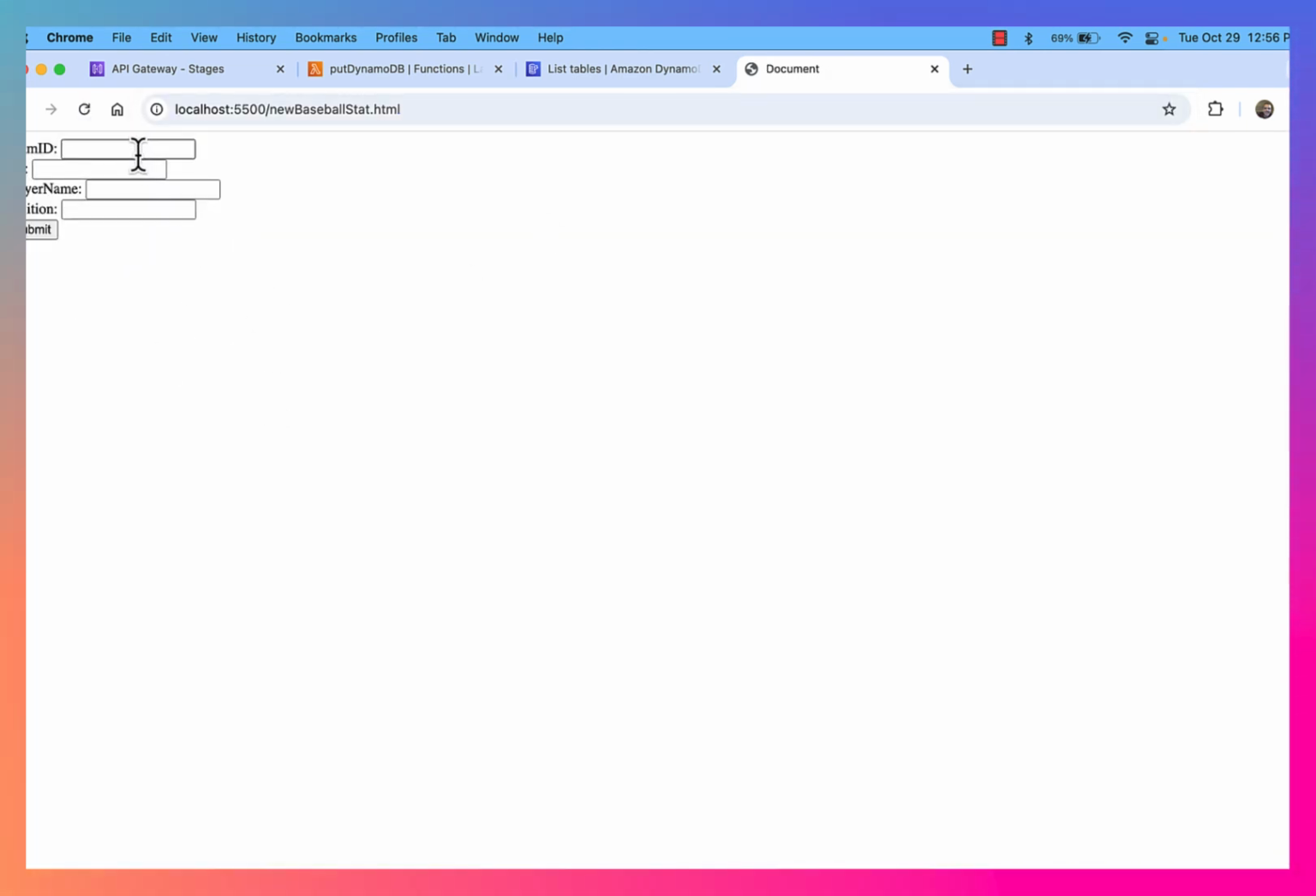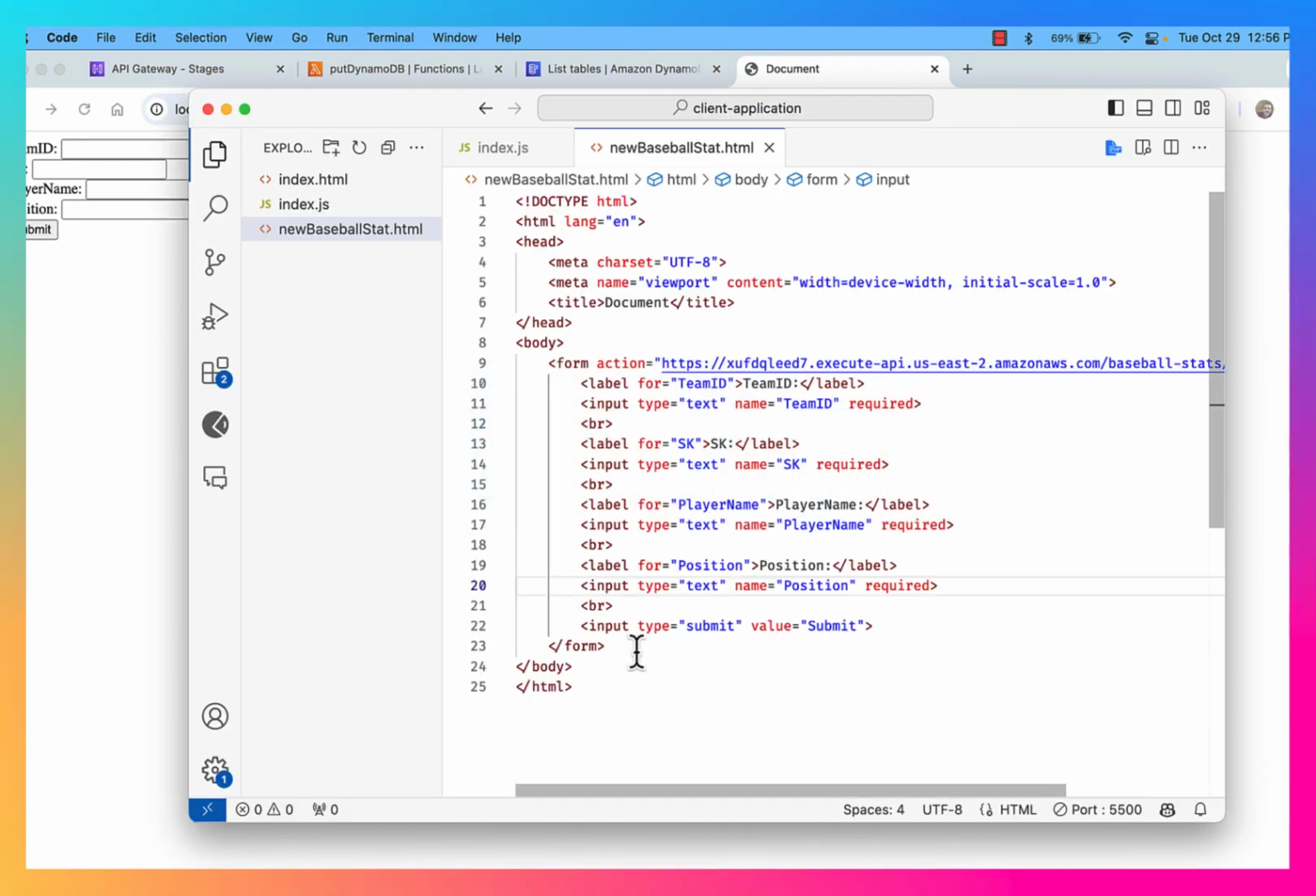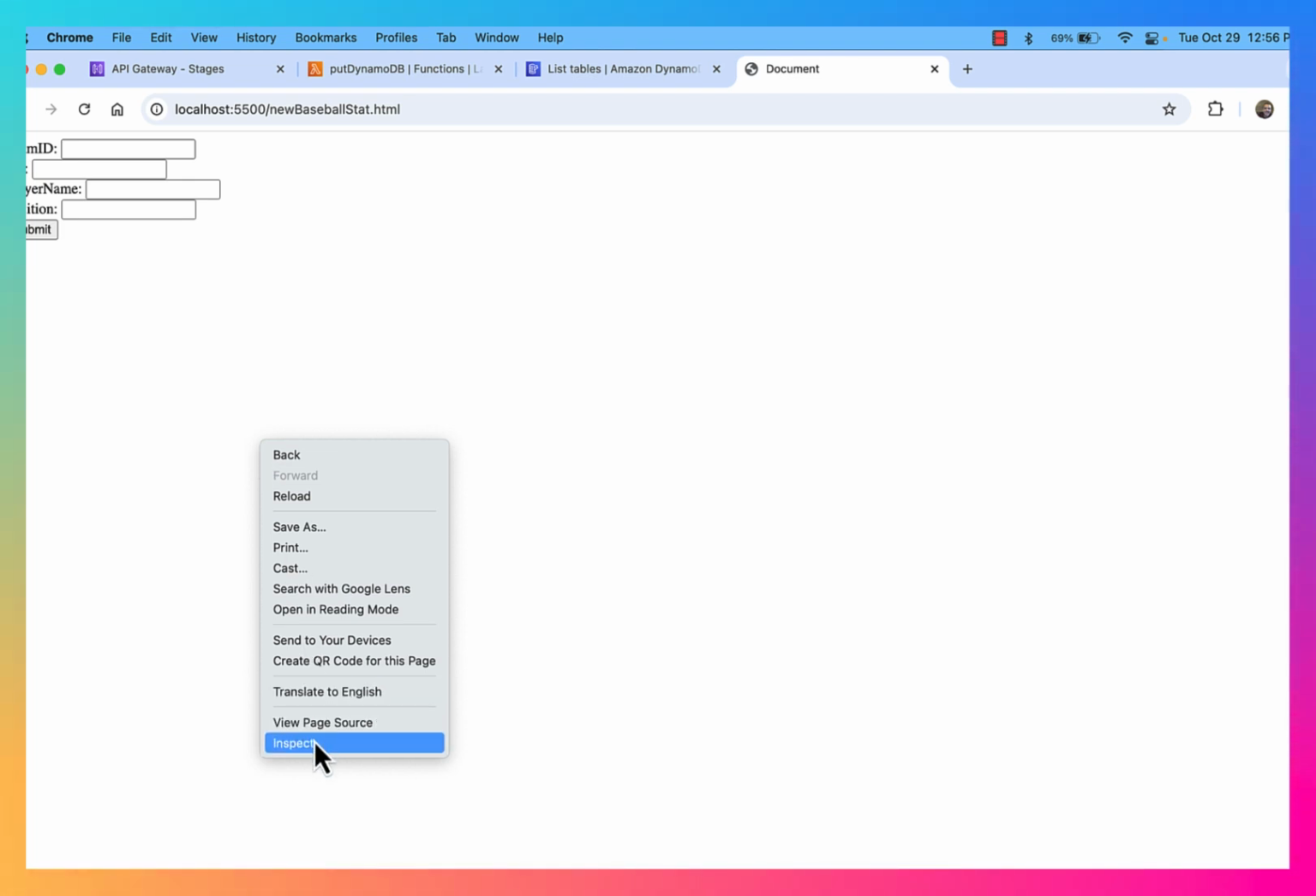The idea here is that I should be able to fill out this data, and I want it passed to my API. So I want it passed via a post. So I set up this form so that it's going to post all of my form data to this endpoint here, which is my API. Okay, so we should be able to see that. So if I open up the